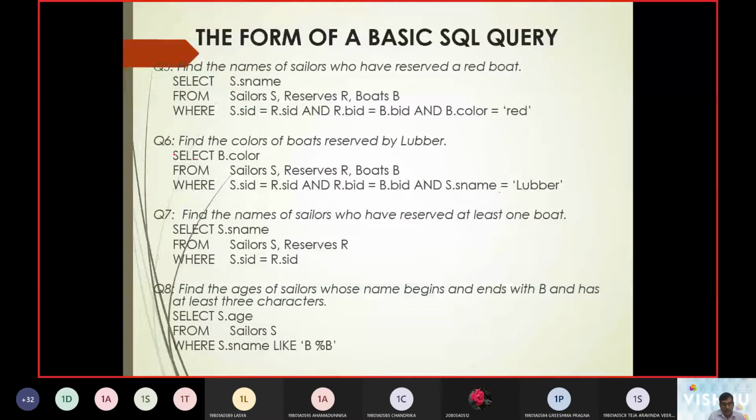So next one, let us take up query number 6. What was query number 6? Query number 6 says, find the colors of the boats reserved by Lubber. Now, the colors of the boats are given in the boats table.